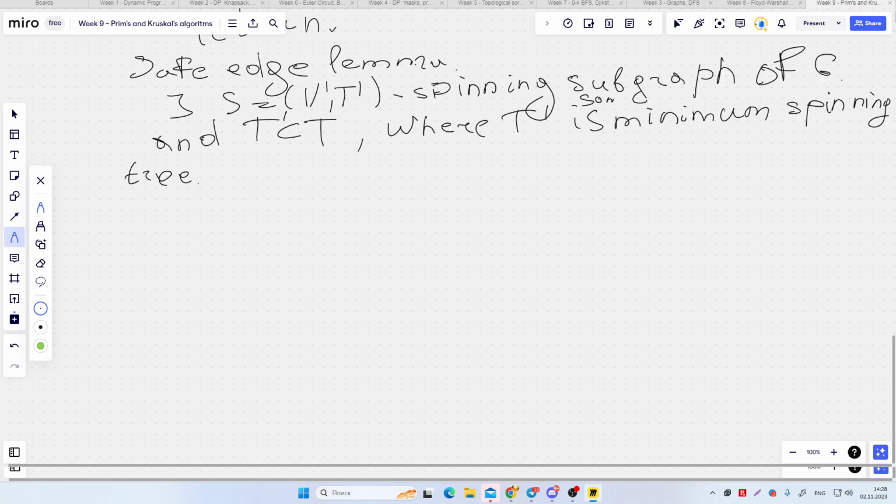We have many minimum spanning trees. And let E be the cheapest edge